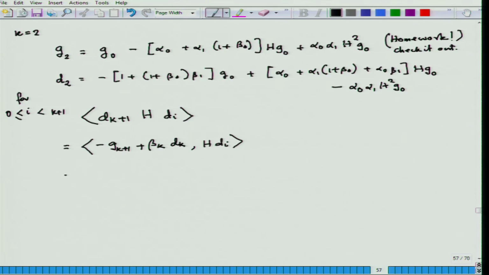So, what I get here is minus g k plus 1 h d i plus beta k d k h d i. So, now what I do is to restart this thing and look at, okay, I am looking for i strictly less than k plus 1. So, I can choose i equal to k. So, put i equal to k to get